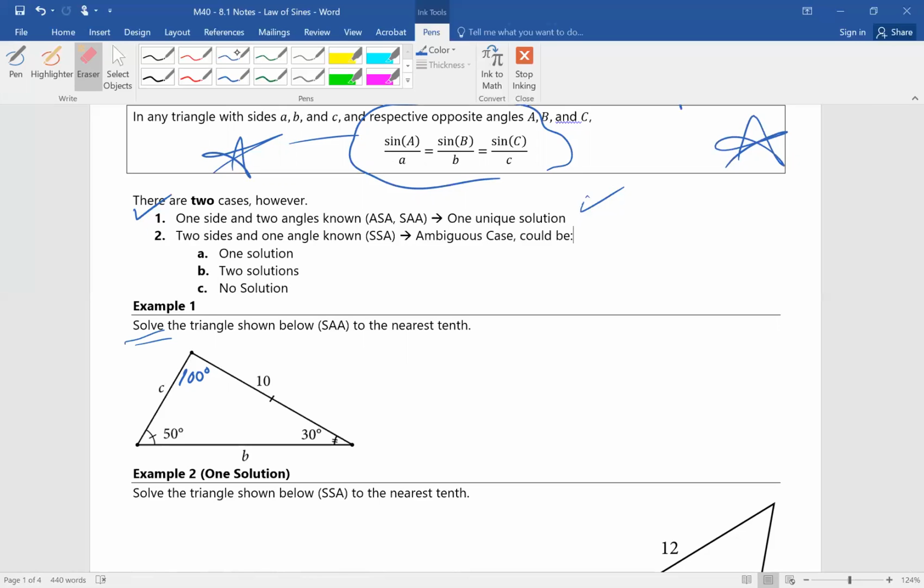Now, those two sides, really all I need to figure out, you can use the law of sines to do this. Here's what's so cool. Check this out. I can say the sine of an angle I do know, which is 30 degrees, over a side I don't know. In other words, I know this angle here, but I want to figure out that side there. Well, as long as you know a relationship as far as the sine of 50 degrees over 10, which is here, right, and here, as long as you know that, you can use some algebra and figure things out pretty easily. If I multiply both sides by c,